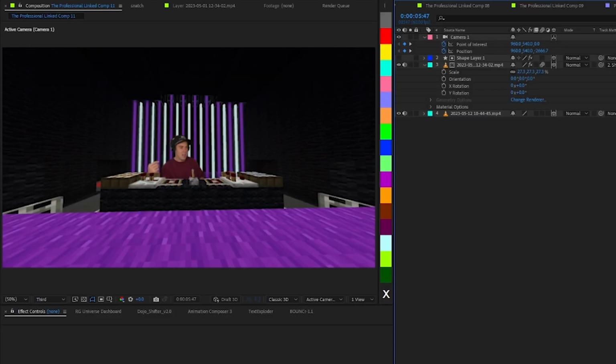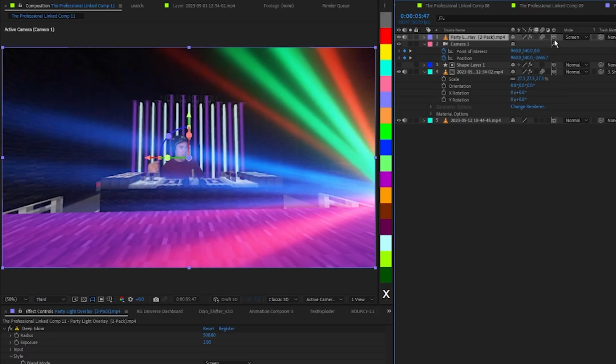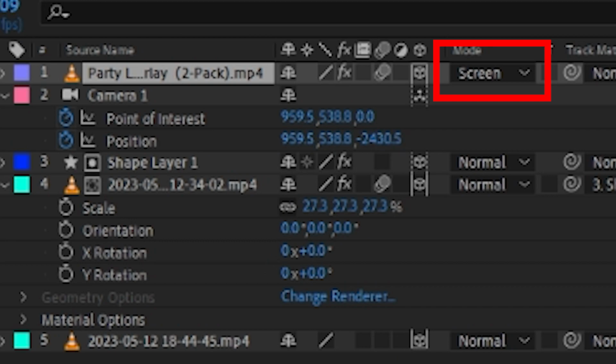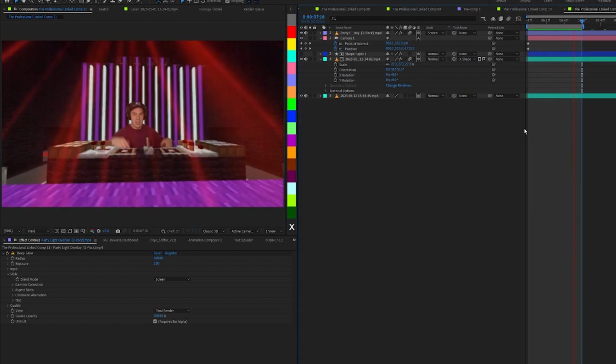slowly zooming in. I downloaded a video of disco lights online for free, and I set the mode to screen. This removes the black background. Also, don't forget to set this to a 3D layer as well, so it moves along with the camera movement